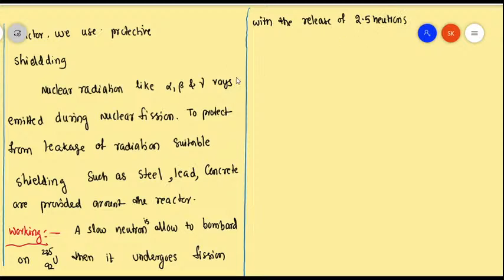How will 2.5 neutrons be released? On average, sometimes 2, sometimes 3. Okay, on average, along with 200 mega electron volts energy. These neutrons